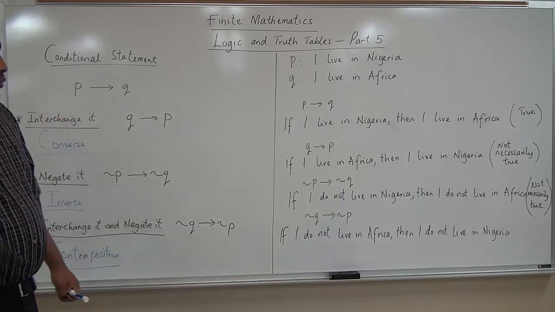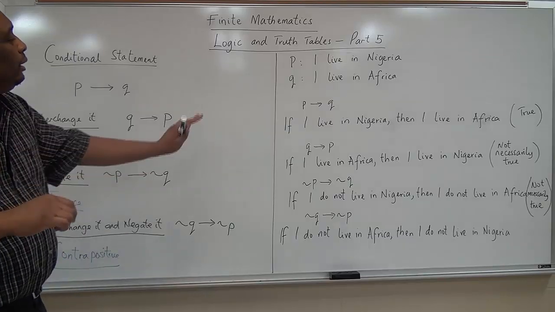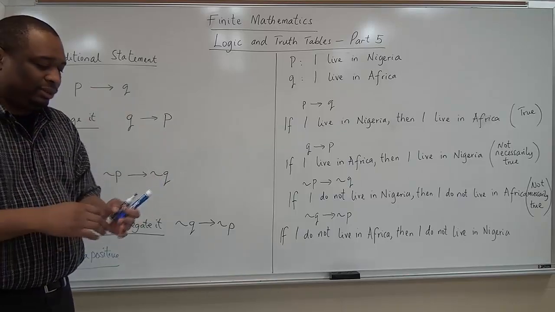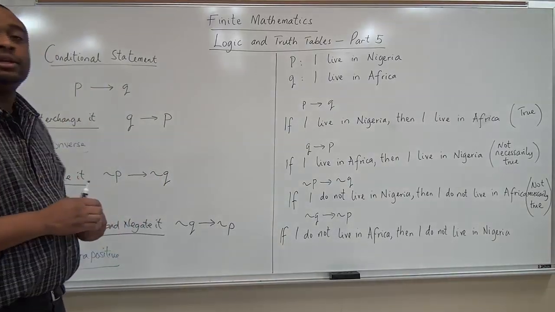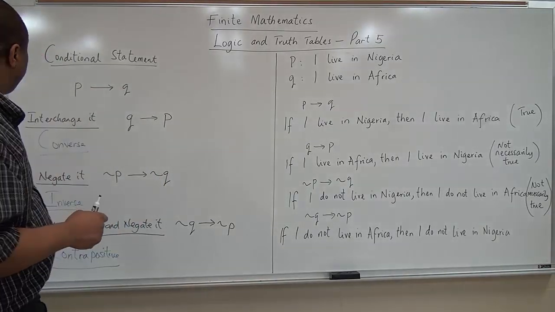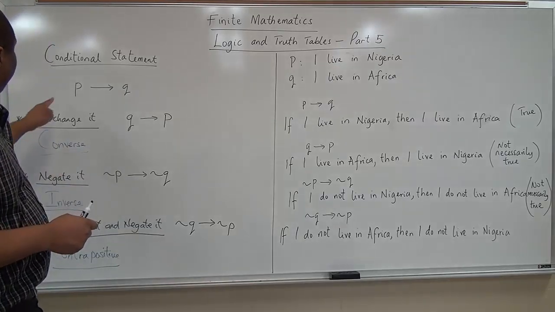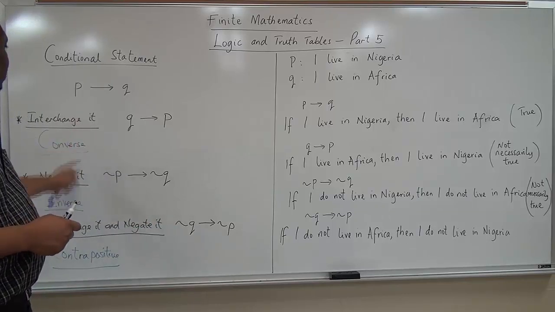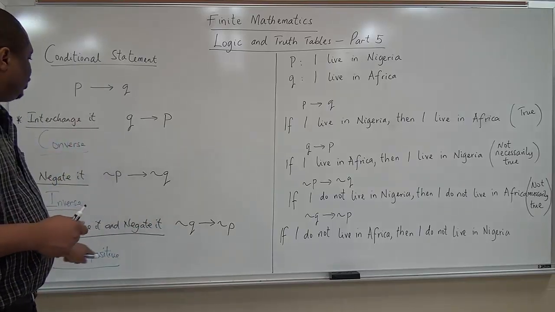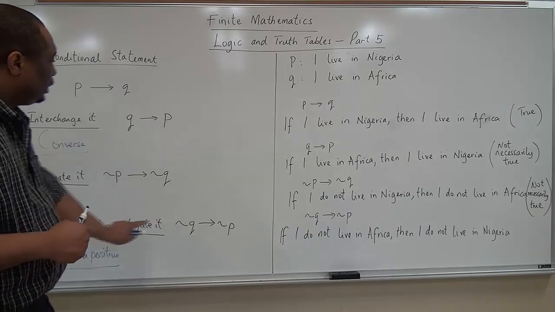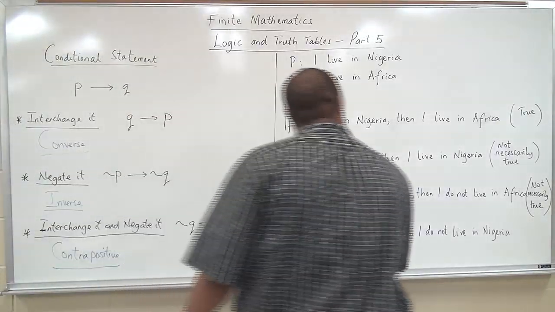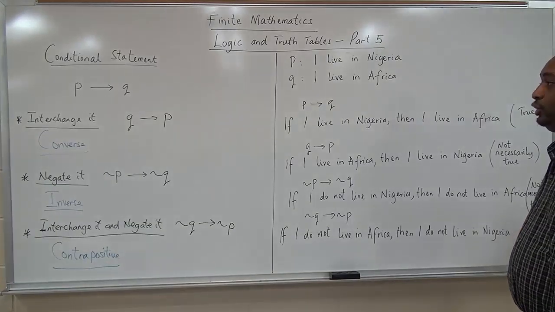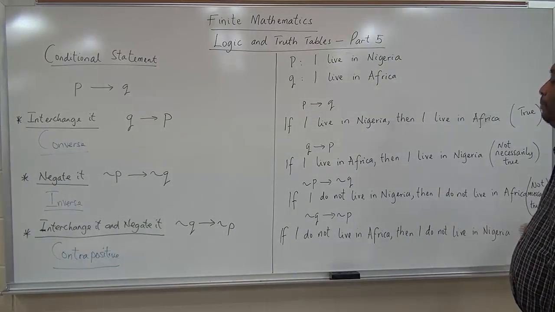Now, what are we going to do? We are going to draw a truth table. As we talked about earlier on, truth table has so many applications. We're going to draw a truth table to find all these. So I would like you to still keep note of this. We want to write whether it is true or not necessarily true. So still keep note of it,